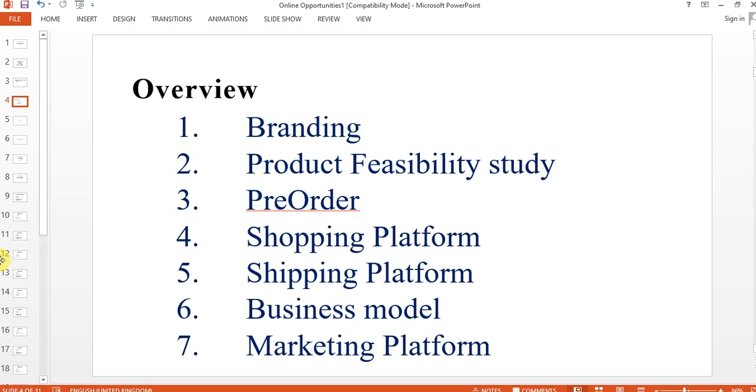So this is basically the overview of everything about e-commerce. We'll be looking at each and every one of them one after the other